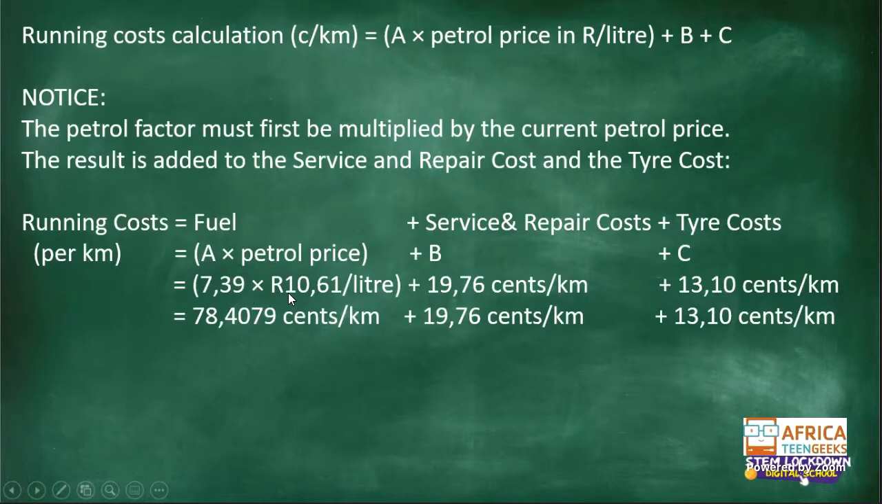So remember, we are multiplying this with rents, and of course, that will give us 78.4079 cents per kilometer. Now, you add 19.76 cents, and then you also add 13.10. And of course, the answer will give you 111.2679 cents per kilometer. So everything now is in cents. We know that it will be